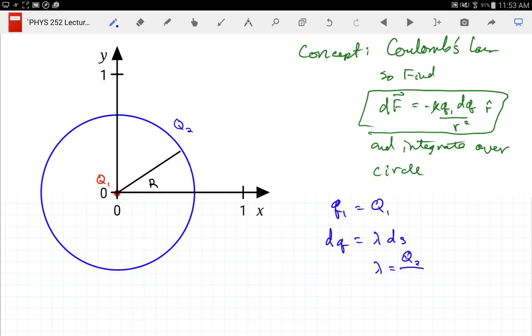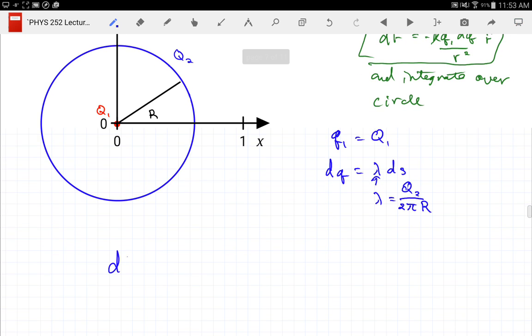It's a circle, so the length is 2 pi r. Oh, circumference. Okay, so here we have lambda. We can calculate that straightforwardly. And so I can put these two values into that equation, and I have dF is equal to, I'm going to put the minus r hat here in front, k q1 q2 over 2 pi R